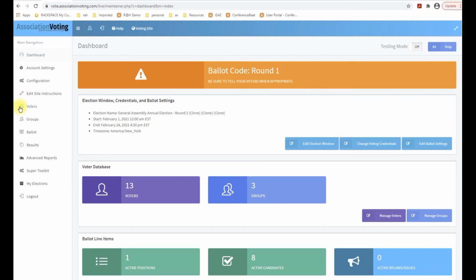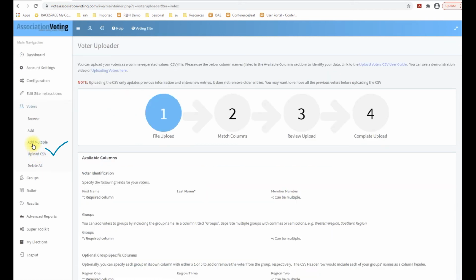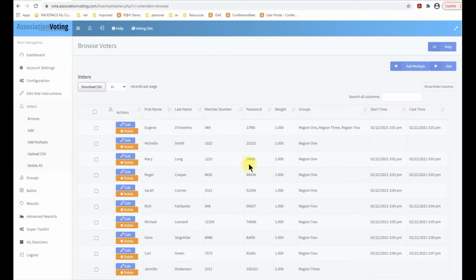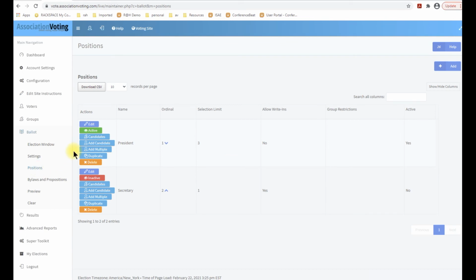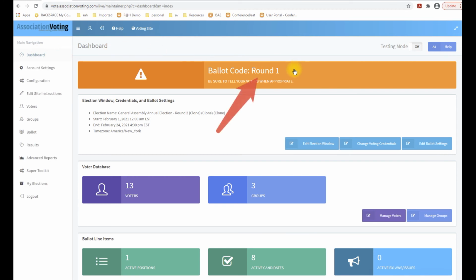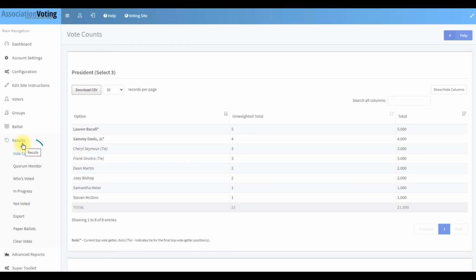Prior to the election, the voting manager will upload the voters eligible to vote. These can be updated or changed at any point, even during the meeting. I have also included all of my ballot elements and set the order and tested the election site. During the first round of the election, we will only vote on the president, so this will be the only position that is active. I share the ballot code that is displayed on the dashboard when I am ready for the round of voting. I can see the results as ballots come in,